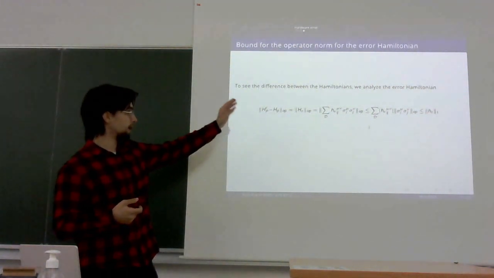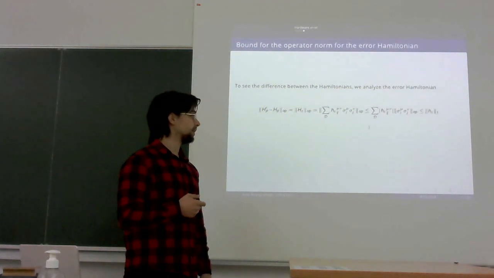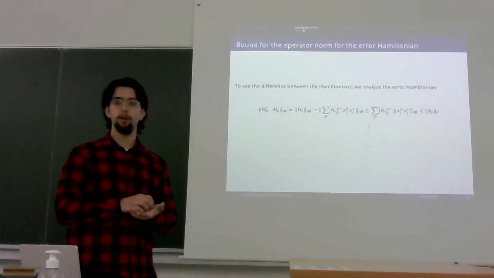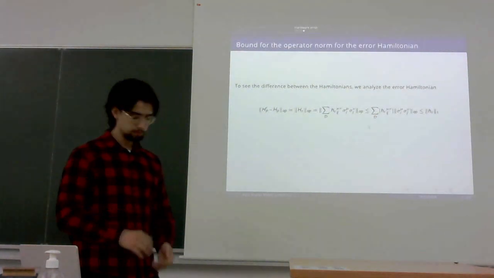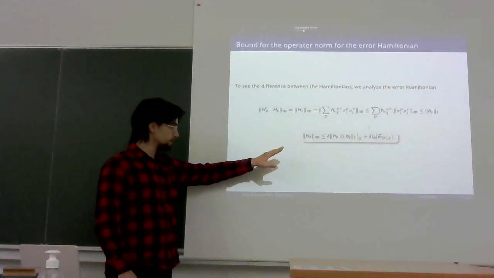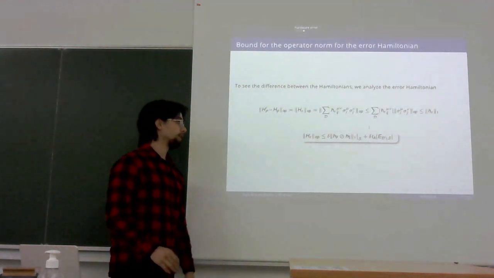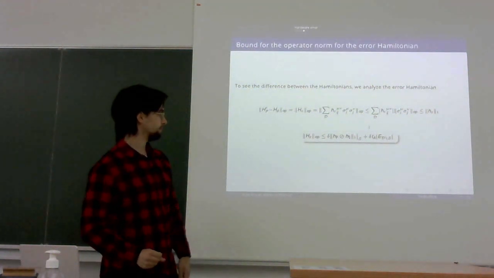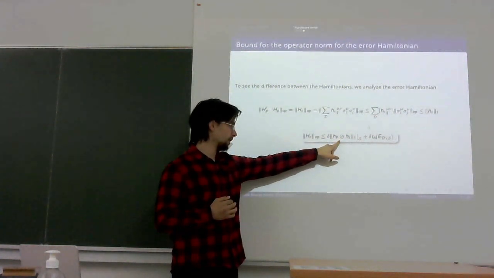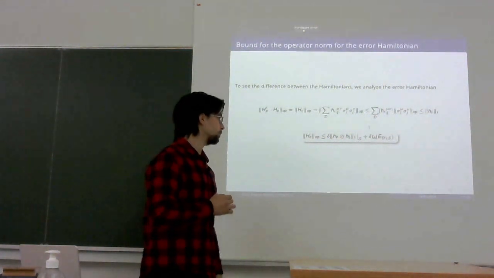And by just bounding, we can see that this bound is given by the one norm of the vectorize of these couplings, which results in this bound. Now here we have a representation of all the values that we have taken account for that are going to be given by